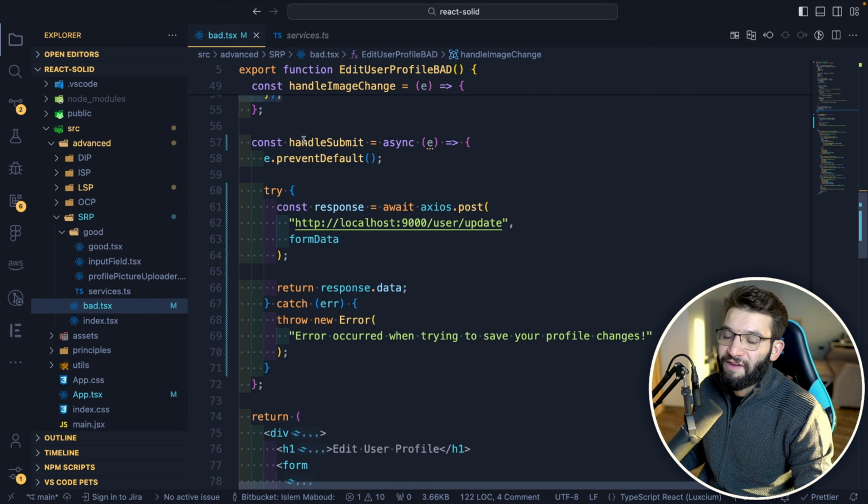And last but not least, we have this handle submit, where it actually handles the data we have on our form, and it submits it to that particular API, like localhost, a user update. It does a post for this, and of course, it does some try catch in here to catch any errors